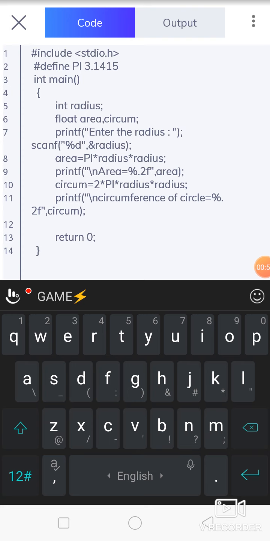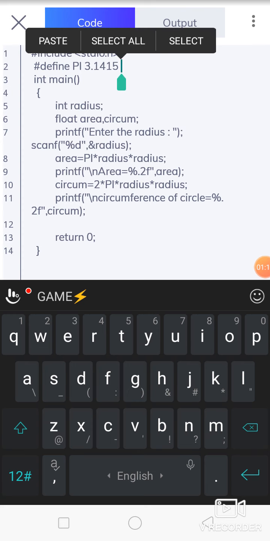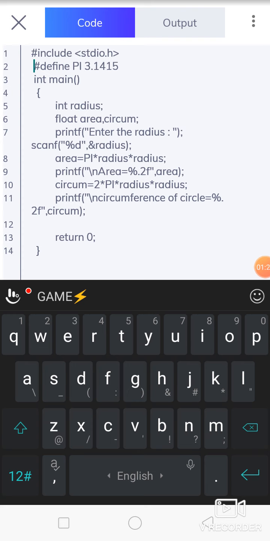For the declaration of a constant, we already saw in the previous lecture how to define a constant. It can be defined in two ways. The first way is the hash define preprocessor, or the second way is to define the constant variable by using the const keyword. Here we use the first way to define a constant by using the preprocessor.